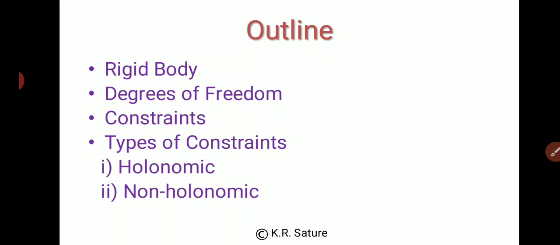Here we are going to see the definition of constraint and some examples to understand how the constraint is explained, or how they could be explained on the basis of their behavior. After that, there are types of constraint. There are many types of constraint, but within those types you only have holonomic constraint and non-holonomic constraint for your exams or for your syllabus.